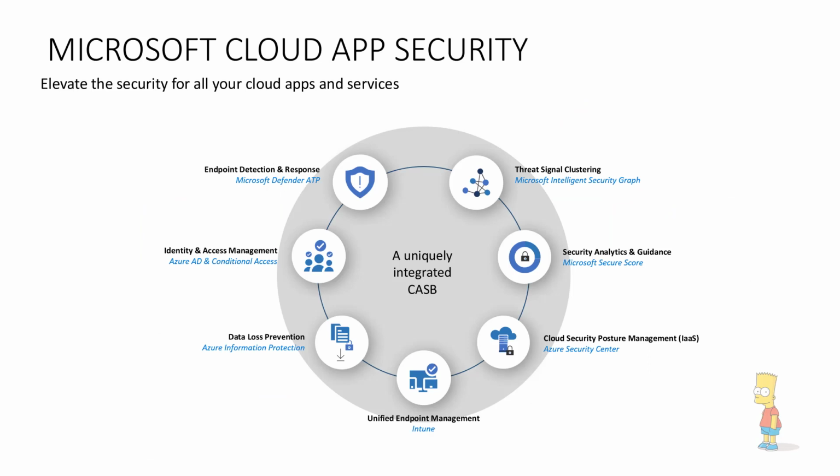So why did Microsoft become number one on CASB? It's because of the complete ecosystem of integration, a uniquely integrated solution for the CASB that gives more power to the solution. So what are those integrations? You can see we have the threat signaling. The threat signal of the Microsoft Intelligent Security Graph will give you more insight about the threats lurking in the outside world. And then we have the Microsoft Secure Score, to help you identify your workloads and the security threats on those applications.